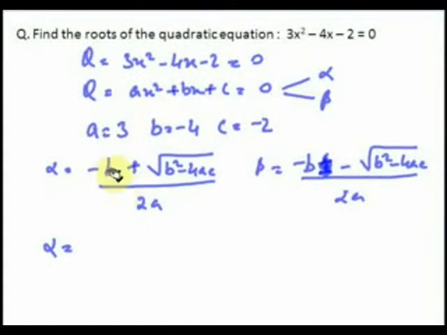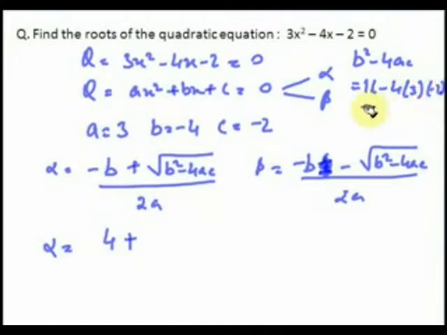Therefore, substituting the value of b as minus 4, we'll get 4 plus under root of b square minus 4ac. So b square minus 4ac is equal to, b is equal to minus 4, square is equal to 16, minus 4 into a is equal to 3 and c is equal to minus 2. We'll be getting 40. So under root of 40 we can write is